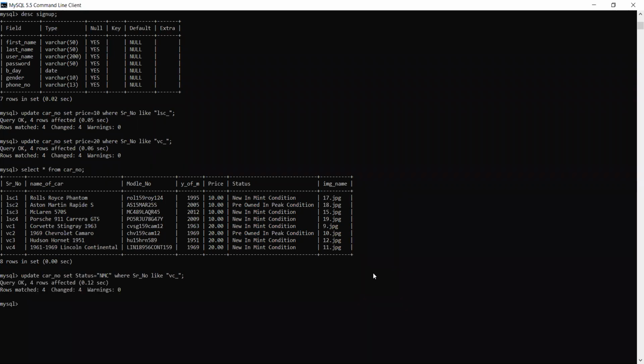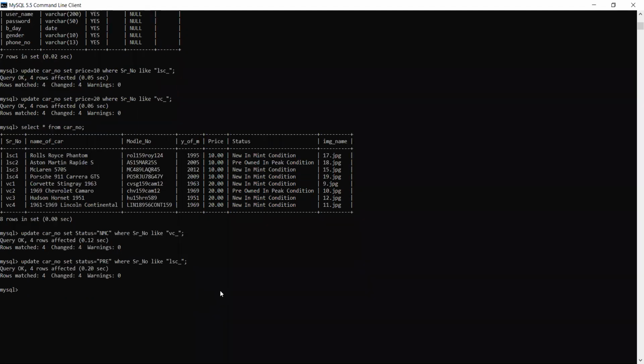Okay, and then here I'm writing status is equal to, I'm only writing 3 where it is like this. So changes are done. Now we will check this.